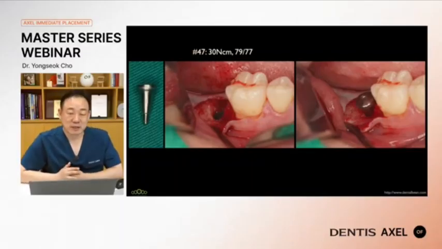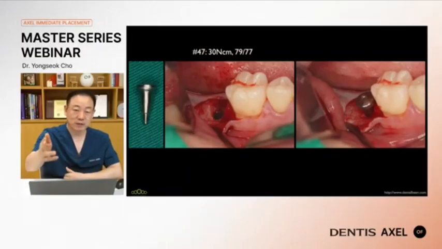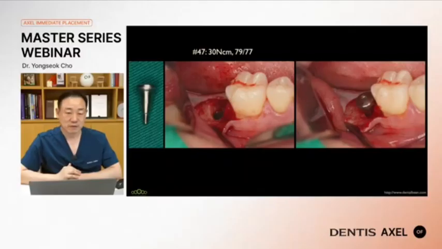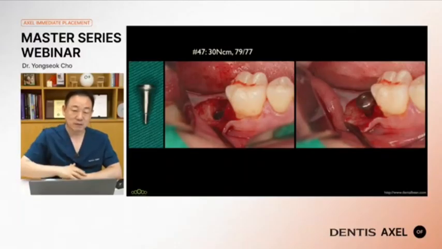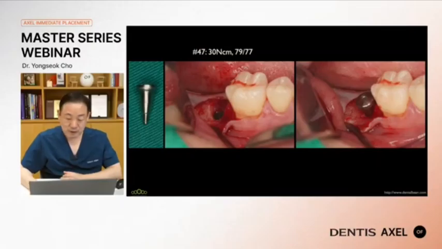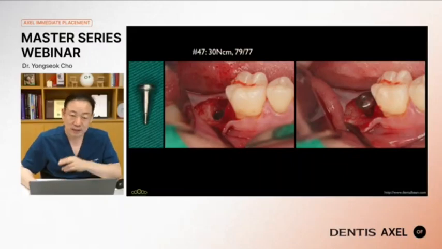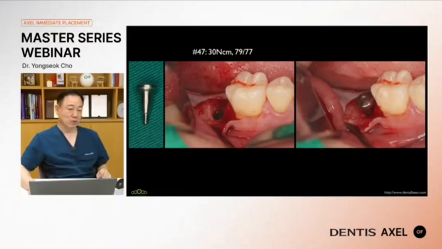ISQ values 79, 77. Insertion torque 30 Newton centimeters, and I connected a 5 healing abutment. That means the depth is 5 millimeters. Okay, then I can do an apically positioned suture in this case. Then I can show you a picture of how to perform